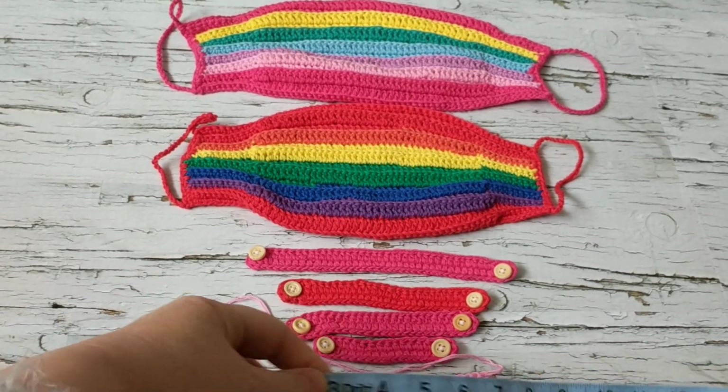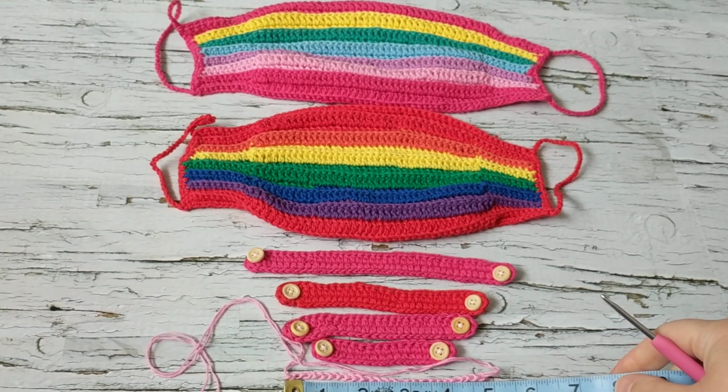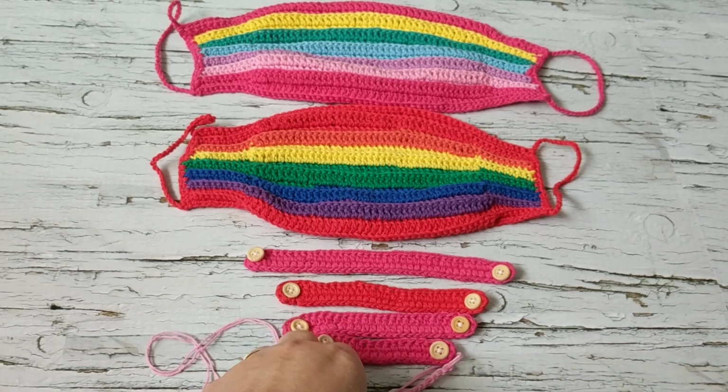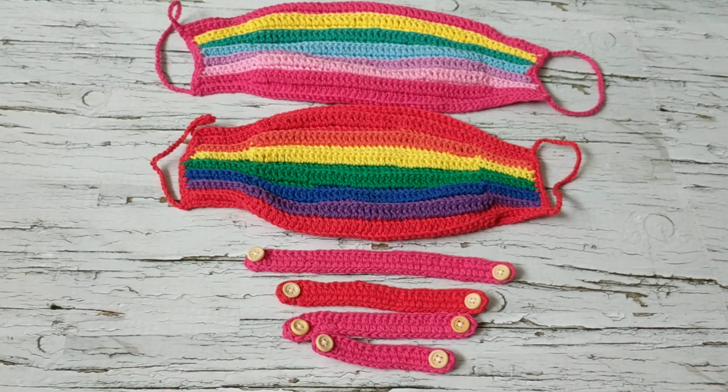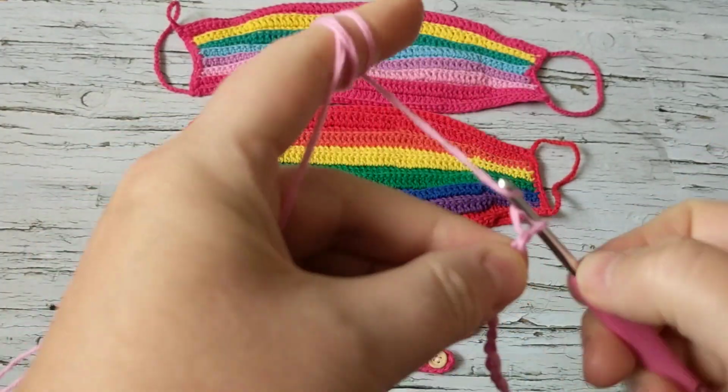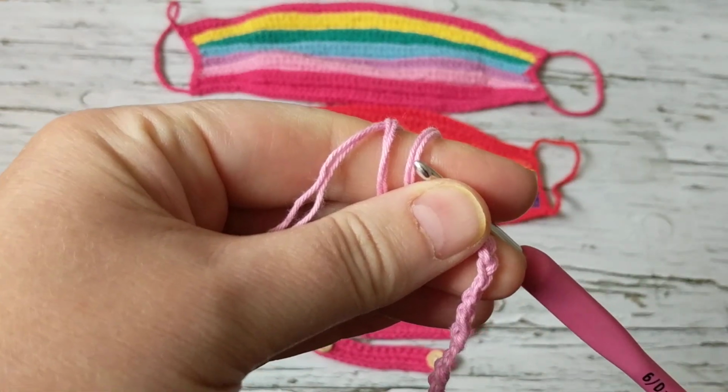I'm just measuring. So this is about 5 inches. Okay. And then, so I did, how much did I chain? How many? I can't remember. So I'm just going to chain 3 more. And what I'm going to do is,